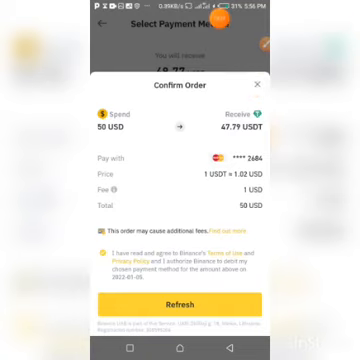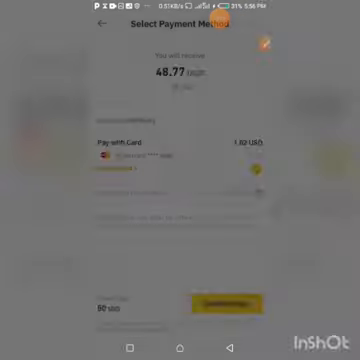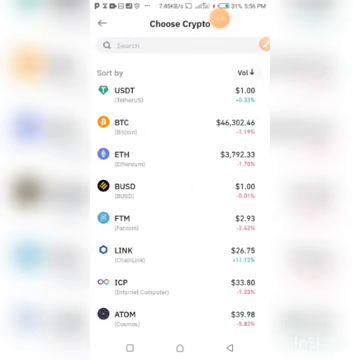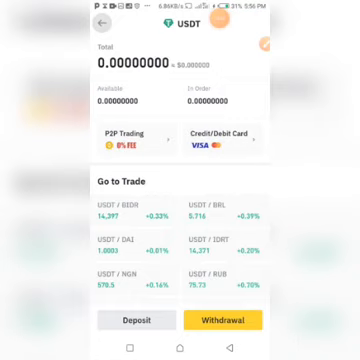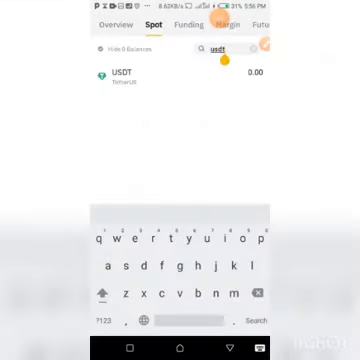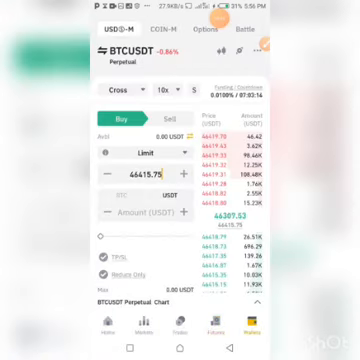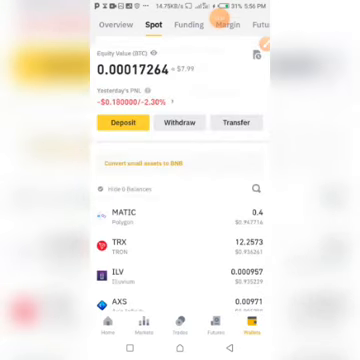Now I want to show you where your USDT is supposed to reflect once you've made your purchase. Your USDT is going to reflect here, somewhere here in the spot part of the wallet. Once it gets here, if you're a new user in Binance and you don't know what to do from here, you can